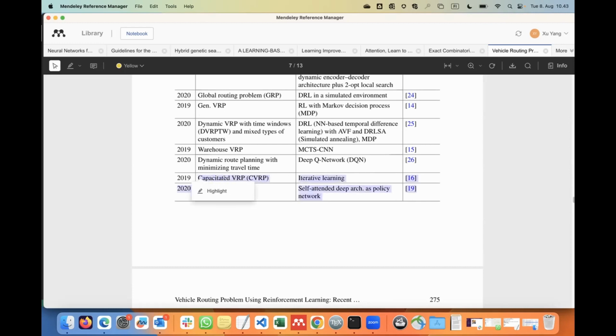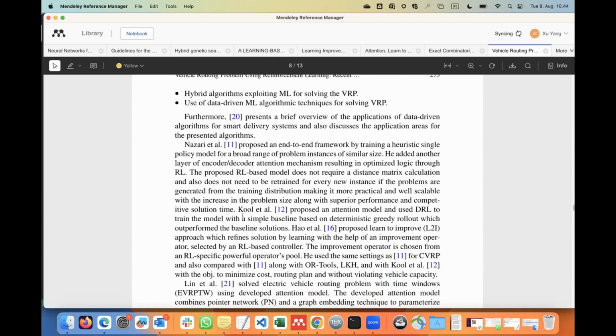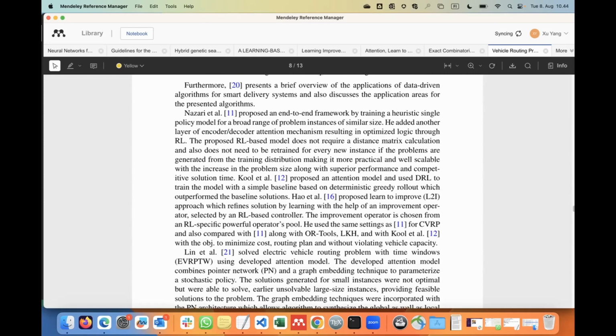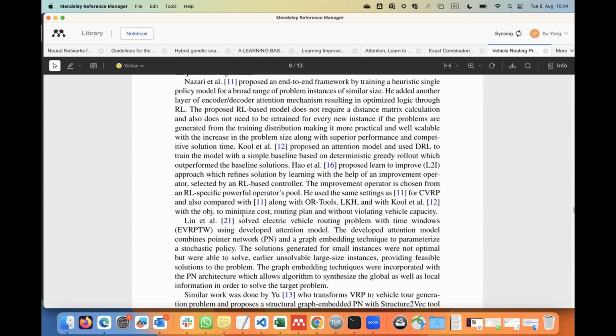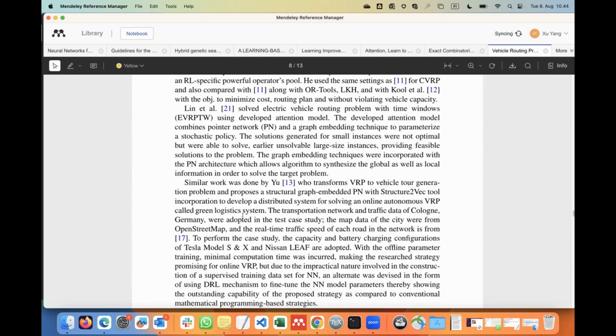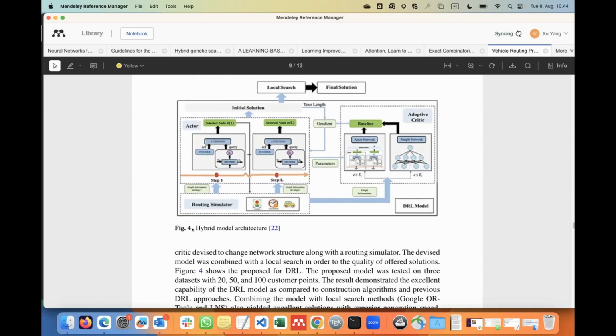It means that each vehicle is capacitated. And in this main area, there is one related model that is very generally researched. It's called the hybrid model.